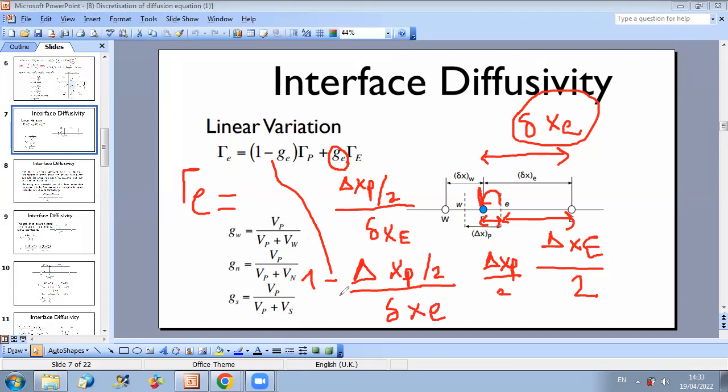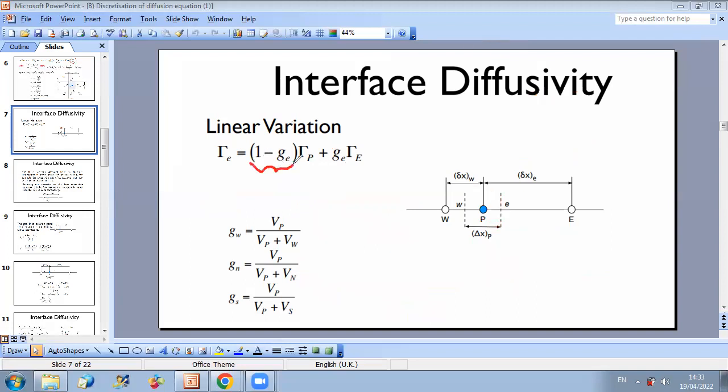So what do you get then? If you do the same denominator, it becomes delta x_e minus delta x_p over 2, which is delta x east over 2. In summary, this term becomes delta x east over 2, and this term will be delta x_p over 2. And now the extreme case is when delta x_p is 0, meaning the east face is